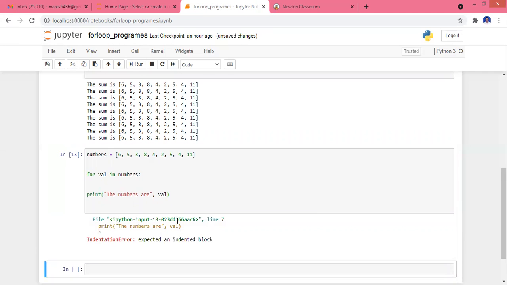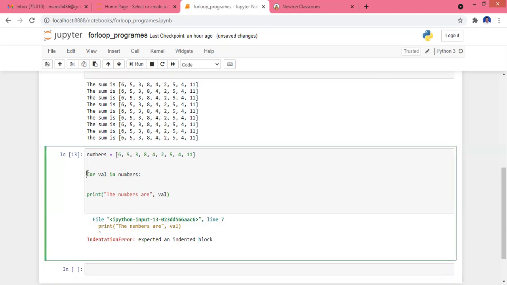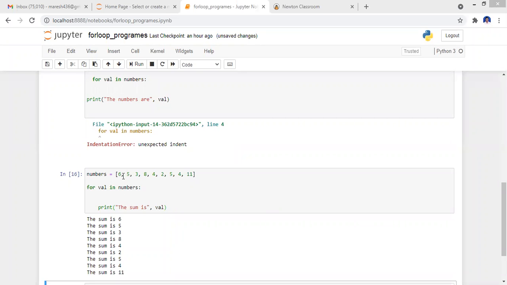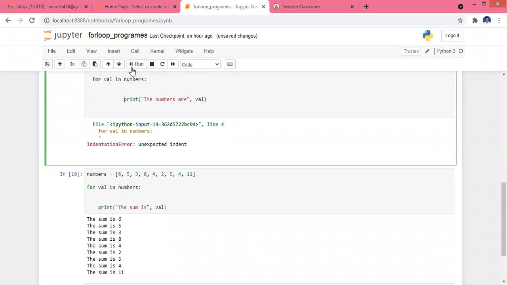Just a minute. We got an error: unexpected indentation. Okay, right. It is just an indentation error. So I need to move it like this so that it is able to print.